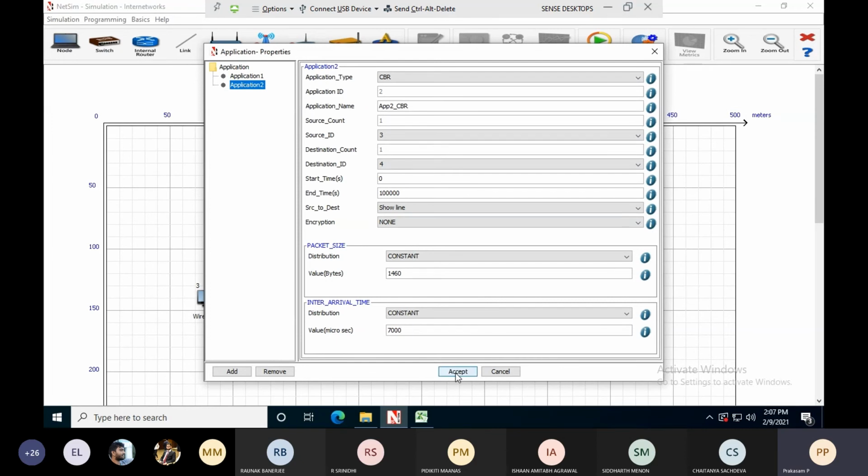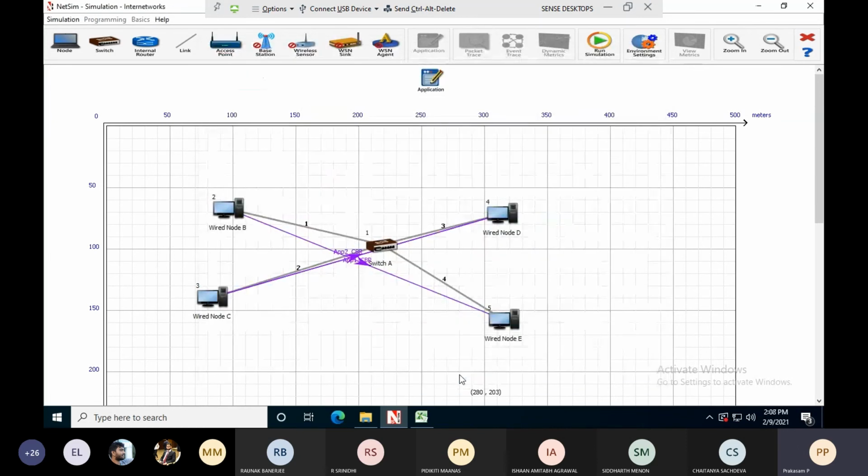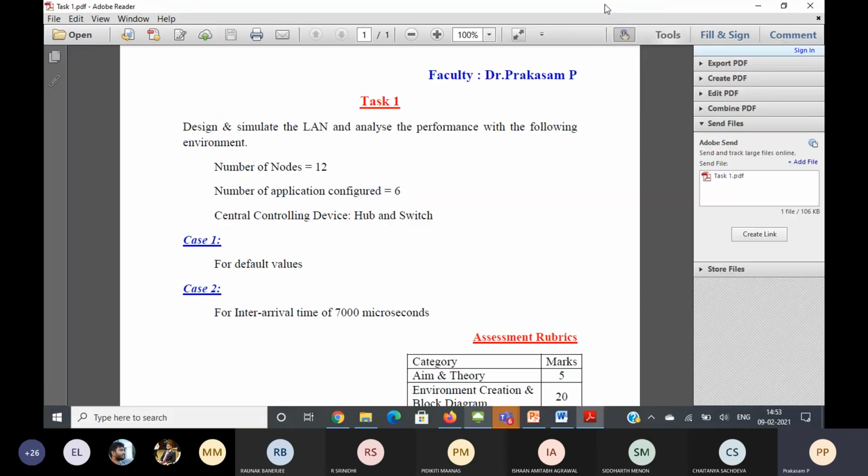Then accept. You have to change only that inter arrival time at the last. If you change the inter arrival time, automatically throughput will vary as well as the delay. You have to cross check all these things. So this is task 1.